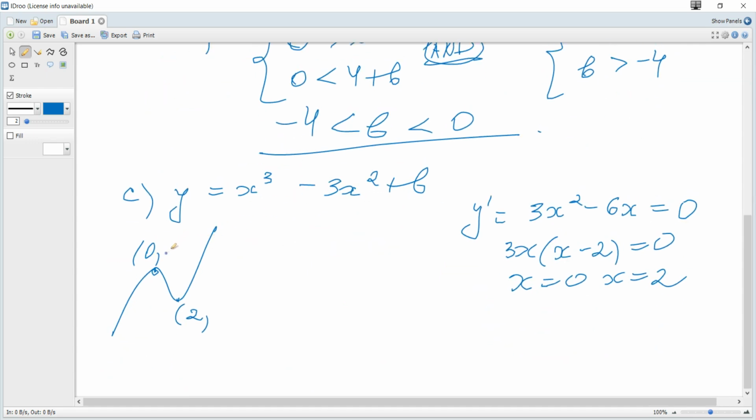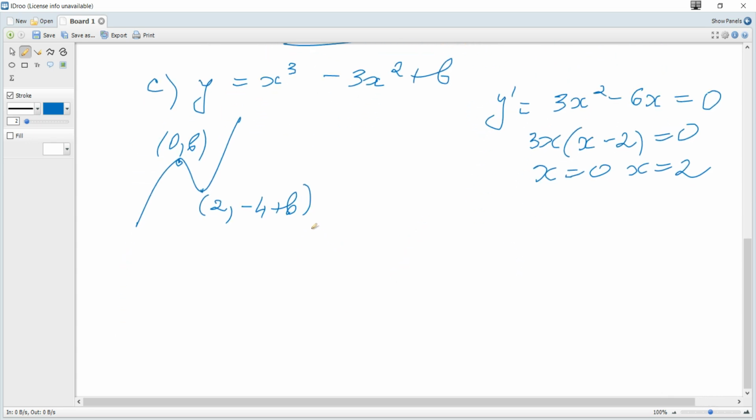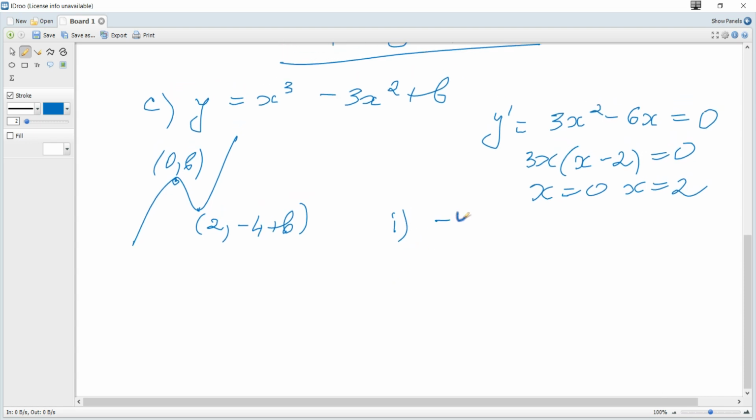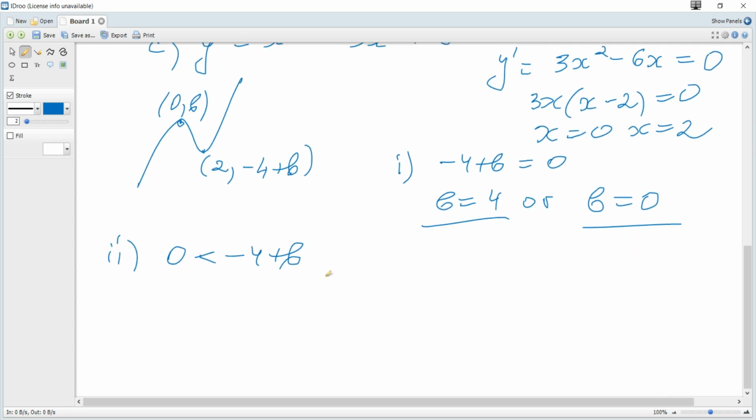And when x is 0 we can see that y is b, and for x is 2 we get negative 4 plus b. And absolutely similarly for I2, exactly 2 when negative 4 plus b lies on the x-axis, it means it is equal to 0, so b is 4, or when the x-axis passes through (0, b), so b is 0. For I1, the x-axis is below negative 4 plus b, or this point is above the x-axis, negative 4 plus b is greater than 0, so b is what? Greater than 4,